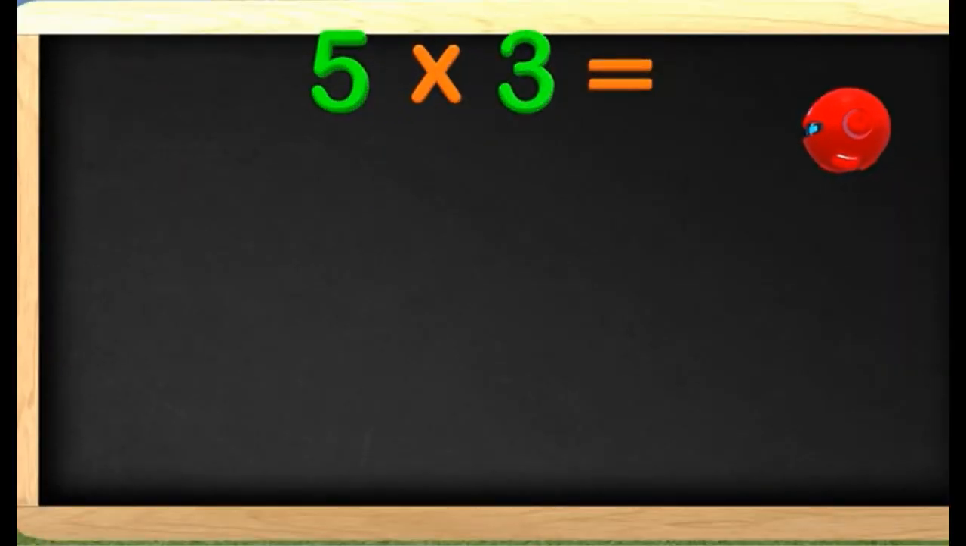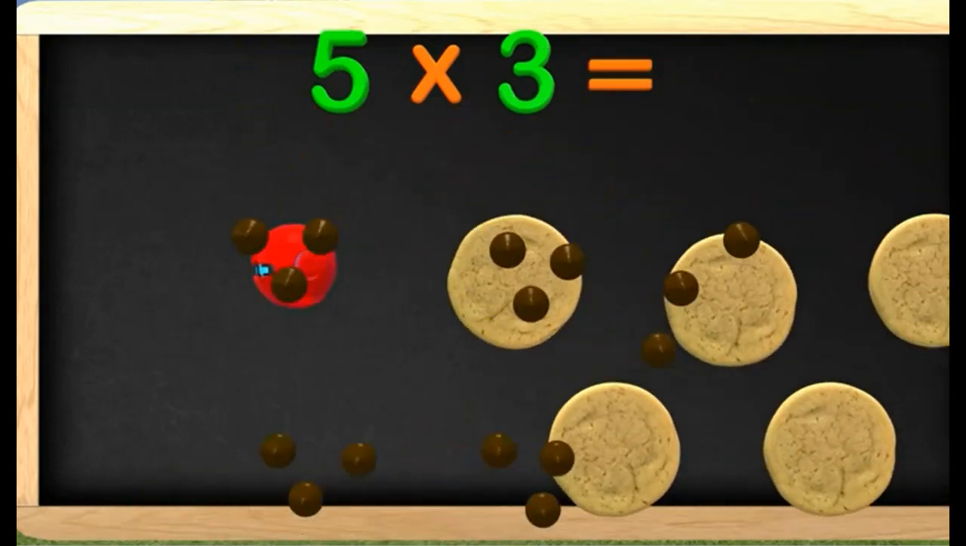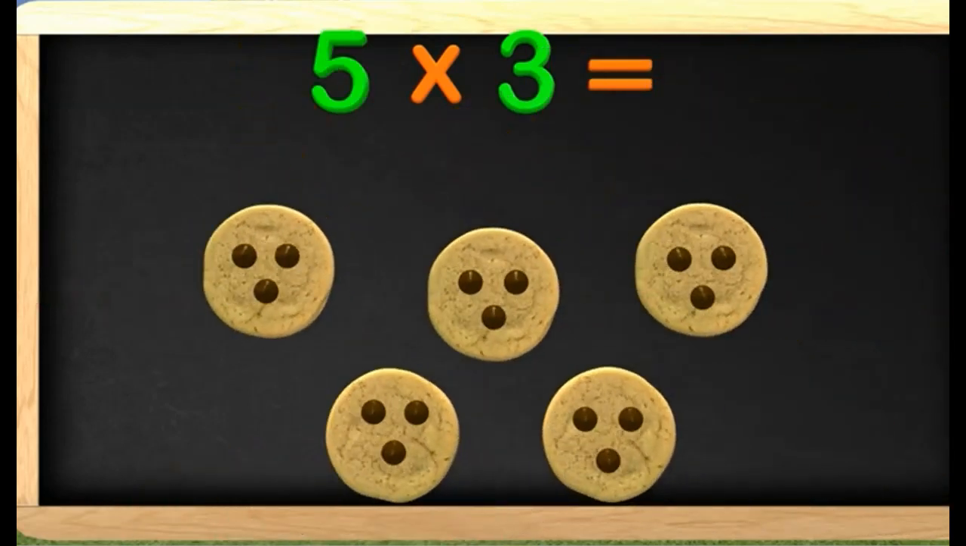I have here a multiplication problem of 5 times 3. Some of you may already know multiplication, but I need a little help. Maybe my robot friend can bring in something to help me out. Wait a minute. My robot brought me some cookies, but how is that going to help me? I know. He wants me to look at different ways to multiply, and drawing a picture is a good way